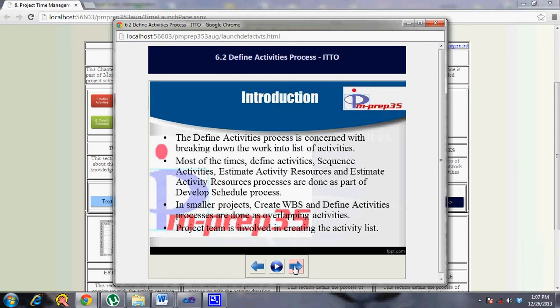So the deliverable terminology, you need to look at it in terms of at what point somebody is explaining. That's where create WBS breaks down your phases or deliverables for the project into the work package level, but then your define activities process takes those work packages and breaks them down to the activity level.